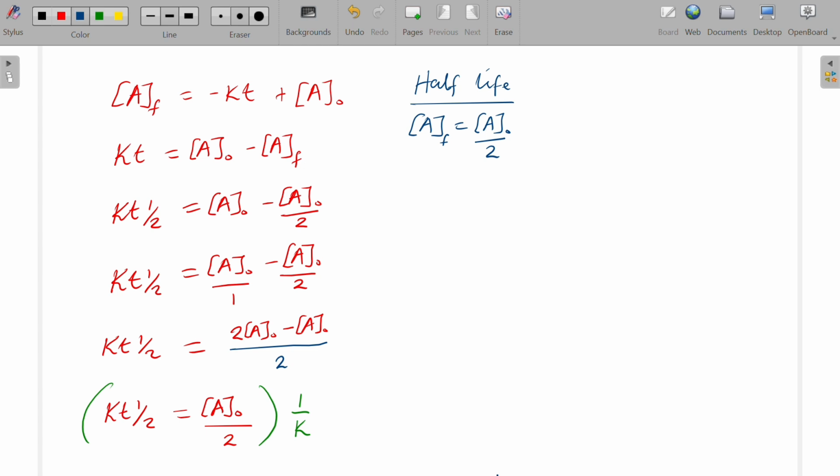When we do that, this K here and that K will cancel. So those will cancel, and what we are going to have is our T half is equal to,